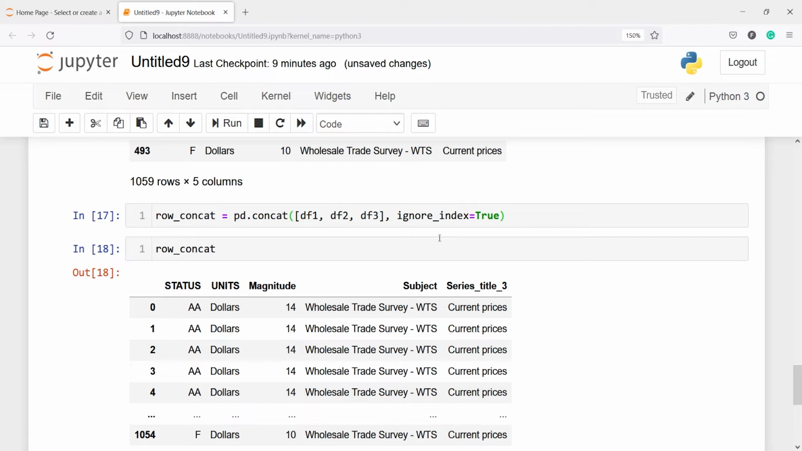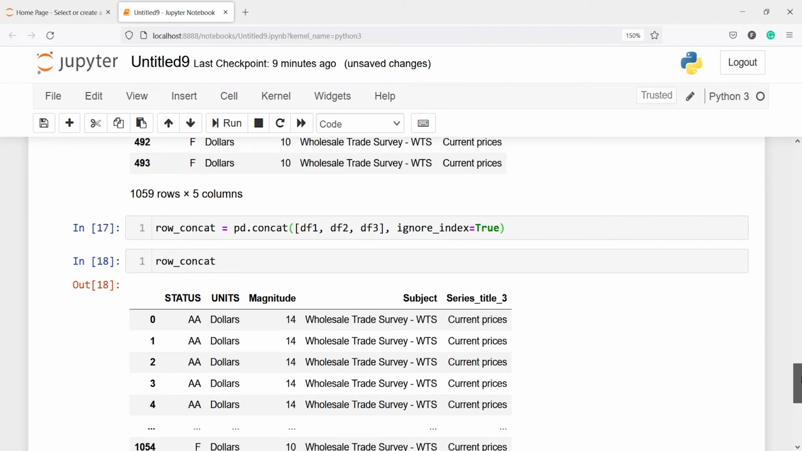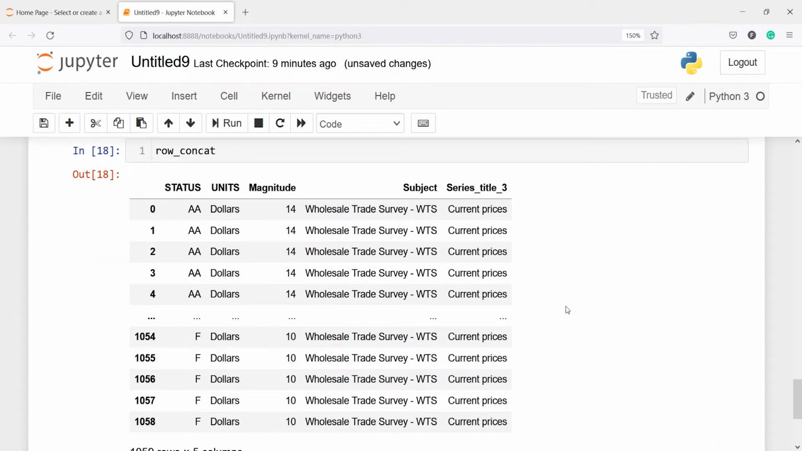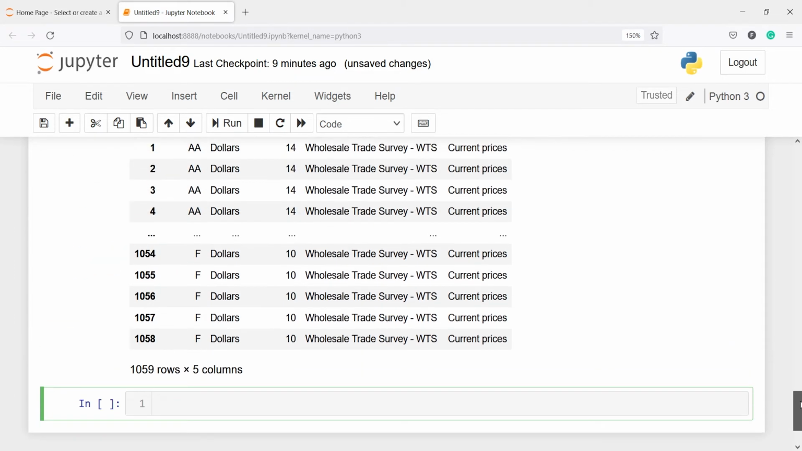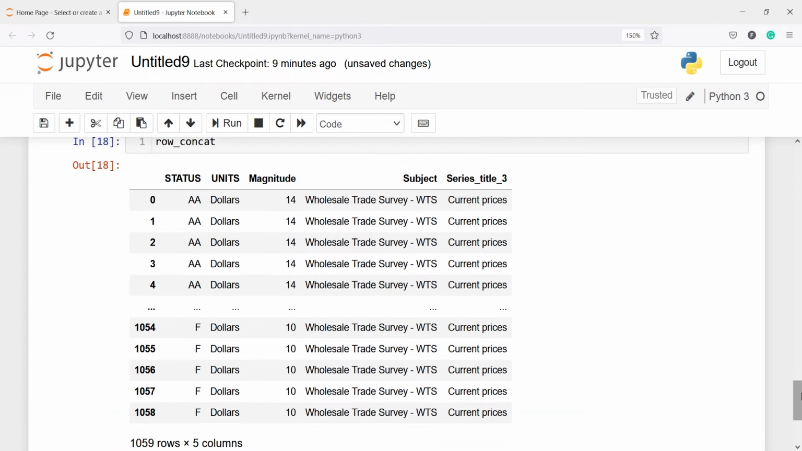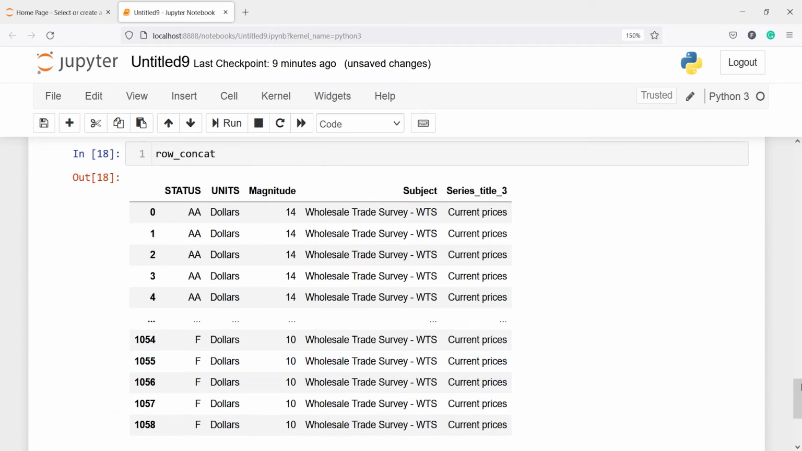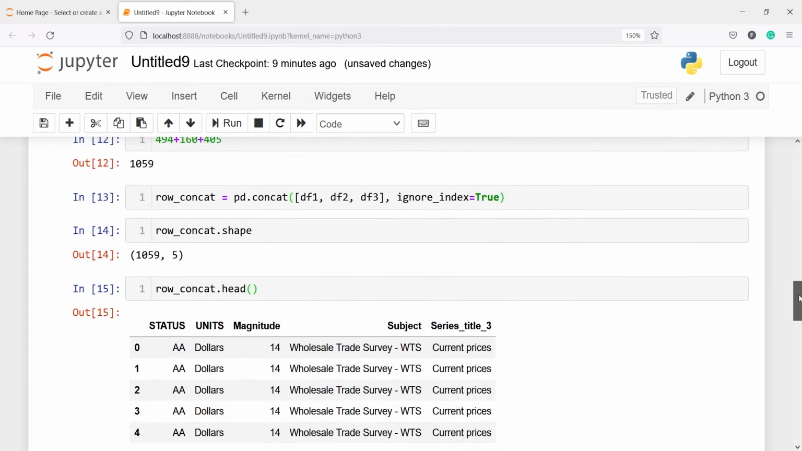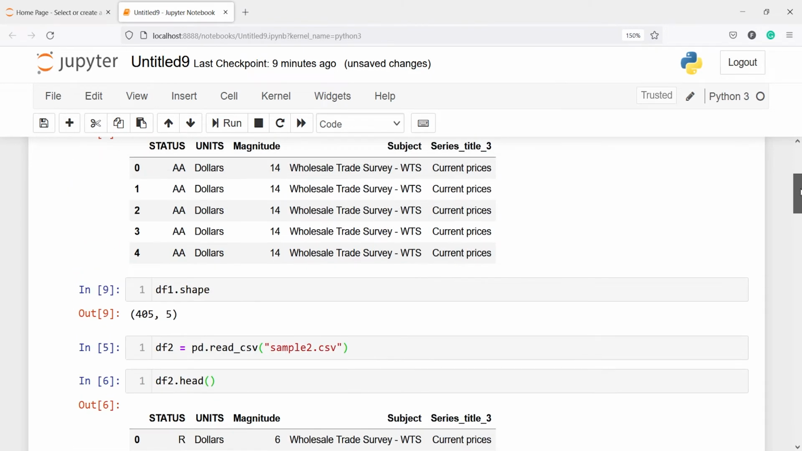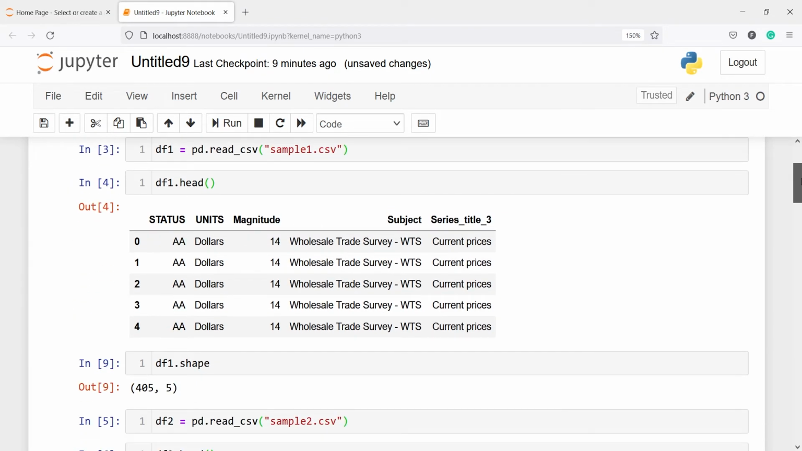Now we can also concat these three data frames next to each other by passing a parameter axis equal to 1, and that 1 stands for column. So now we have done this row wise. Now we will do it column wise. So instead of having these 1059 rows, we will have only one data frame, and the maximum row count will be